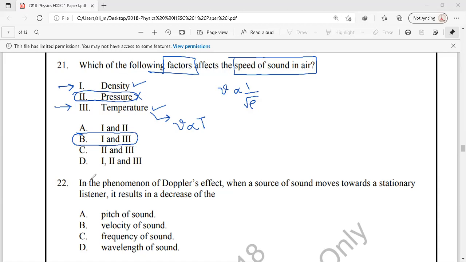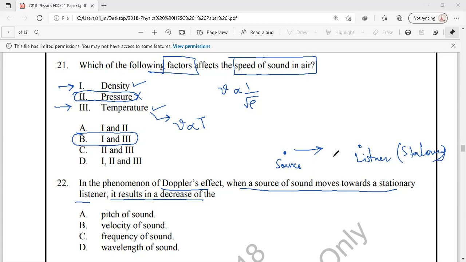Next, we have question number 22. It is the phenomenon of Doppler's effect. When a source moves towards a stationary listener, that results in decrease of which of the quantity. So as we know that if a source of sound is moving towards a listener that is at rest or stationary,